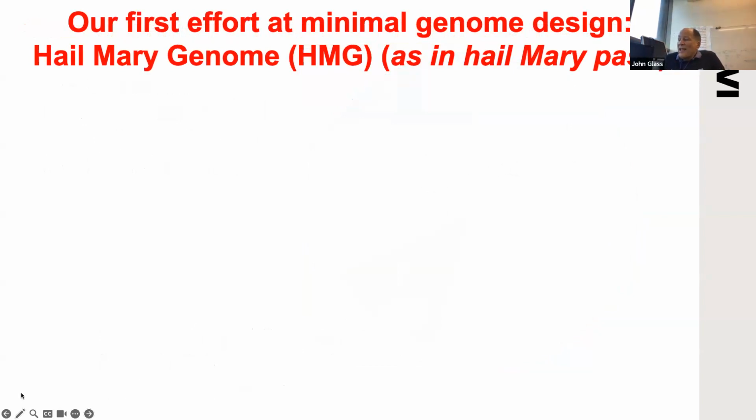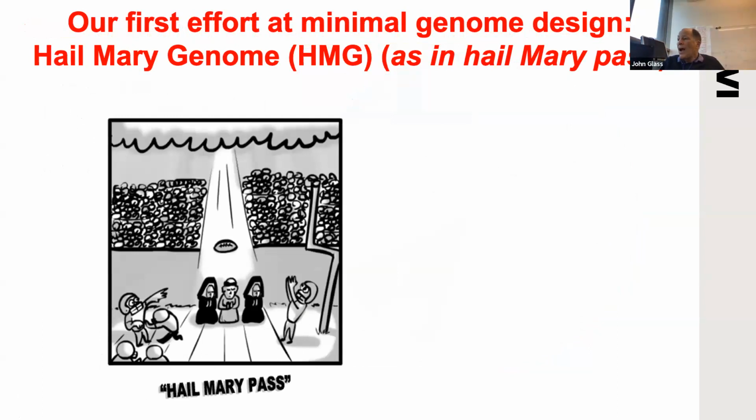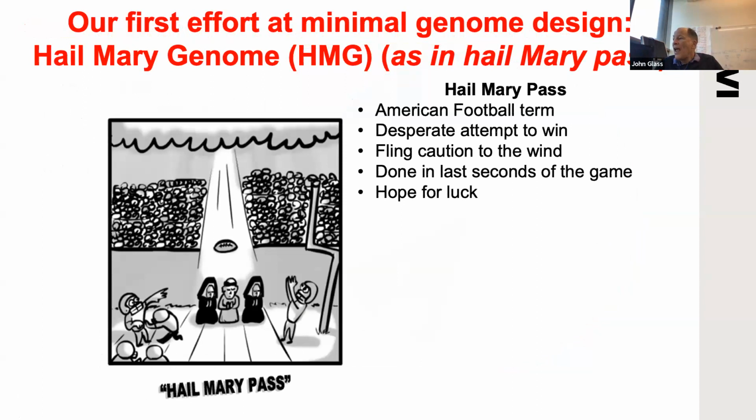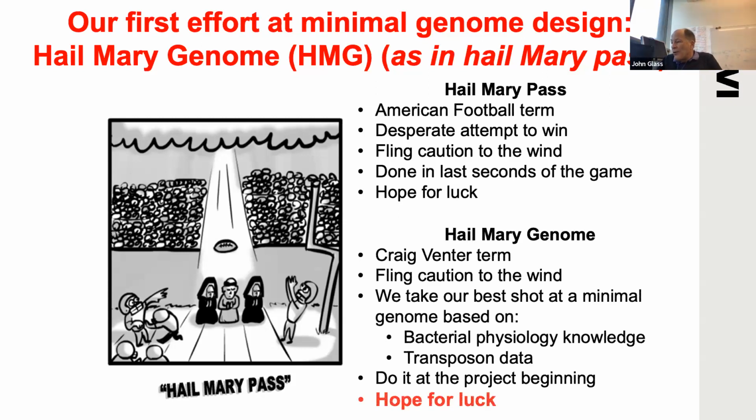So we had been thinking about this, and at a lab meeting one day, Craig Venter comes in and he says, I want to make the Hail Mary genome. Now, a Hail Mary pass in American football is a desperate attempt to win the game at the end when you're behind, and you fling caution to the wind. You do it in the last seconds of the game, and you hope for luck. Now, a Hail Mary genome, we're going to fling caution to the wind because